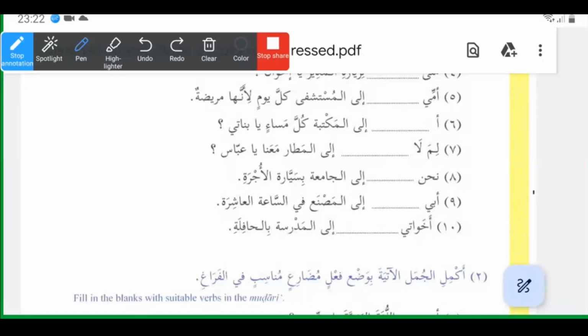Akhawat, ukht means sister, and akhawat is the jama for that. My sisters, again it is a third person. Dhahabna ilal madrasati bil hafila. My sisters go to the school by hafila. Hafila is the bus. So for my sisters, we will say